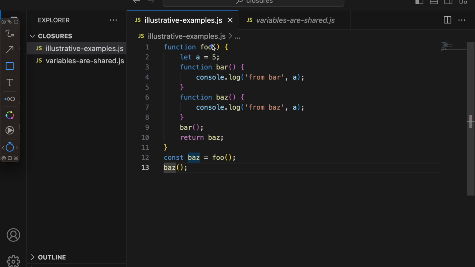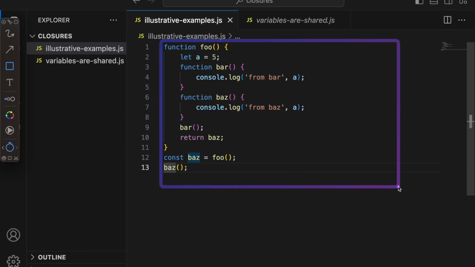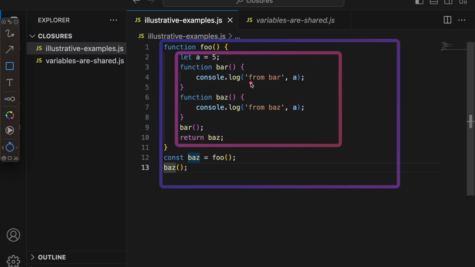As we have defined this function foo on the top level, that is, it is not contained inside any other function or any other block, it is part of the global scope. So let's denote this global scope with the help of this closed container. Now, we have created this function foo, and this function foo will create a scope of its own, so we'll create a container for this function foo also. Here is the container for function foo. Similarly, function bar will have a scope of its own.